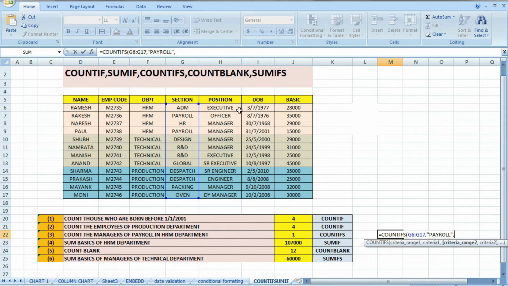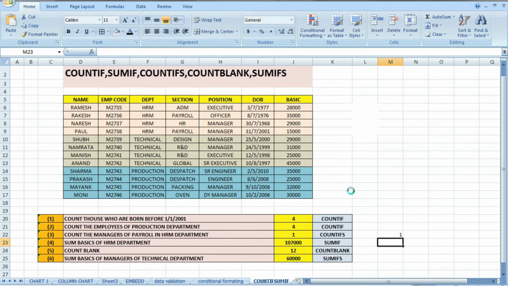Then the second range is this one. Then manager. So see, there is 1 employee who is a manager in the payroll section.